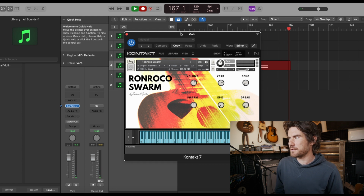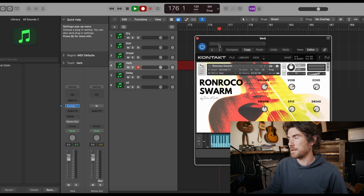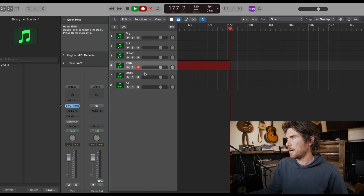Yeah, so I think the instrument really comes alive with reverb. It just feels like it's meant to be wet. It just doesn't really achieve the effect I was going for without the reverb. So that's important. I think there are certain effects where the dry might make sense, but especially like that. And then next I also added in a delay,